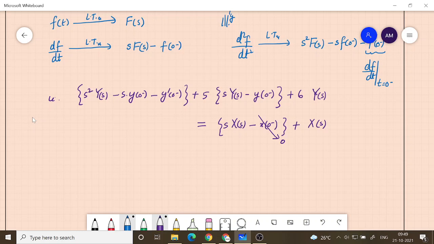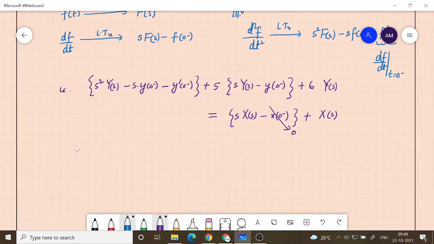Therefore, the next step is basically algebra. Now the differential operations are gone. Instead of that, we have algebra in s, the variable with which we are doing algebra. We have converted it into a polynomial equation. The differential equation is converted into a quadratic equation here because the degree of the polynomial is 2. Now let's collect all the terms which have Y of s. There is Y of s here, and then there is Y of s here, and Y of s here. These are the three terms which contain Y of s. So let us bring them all together.